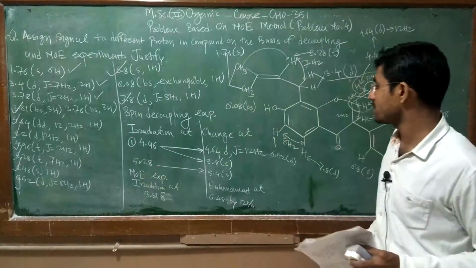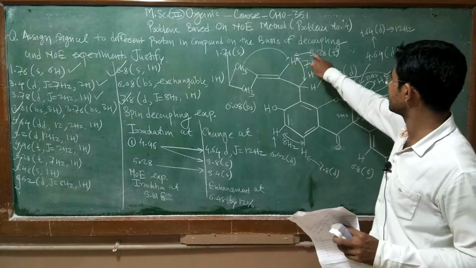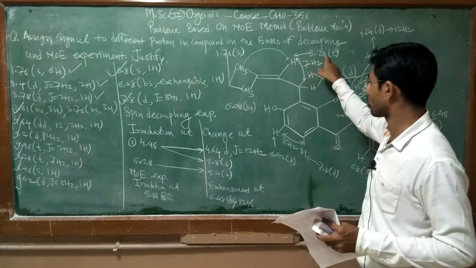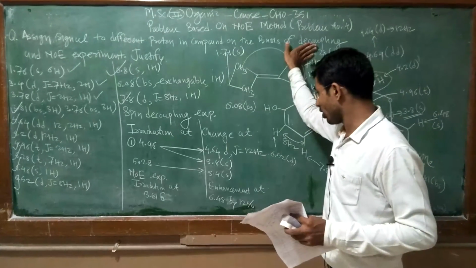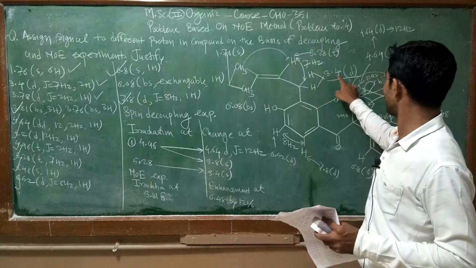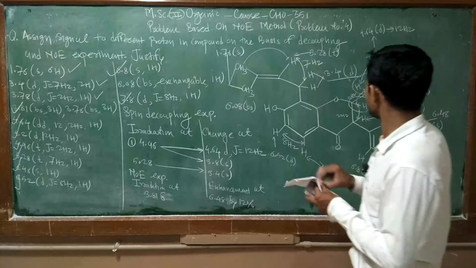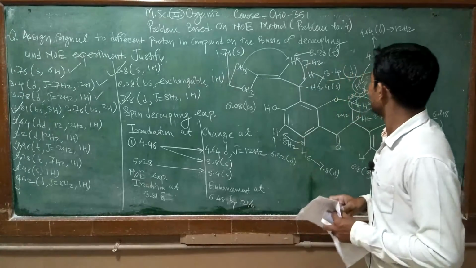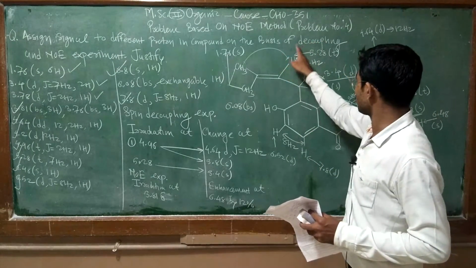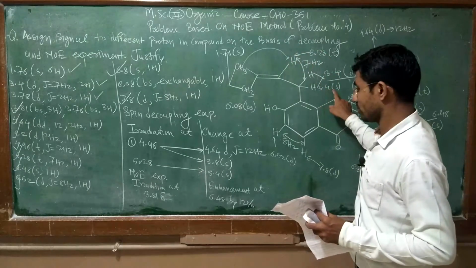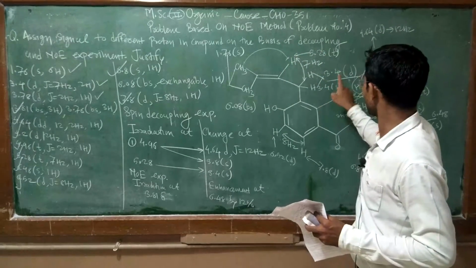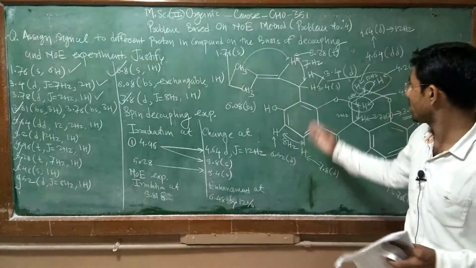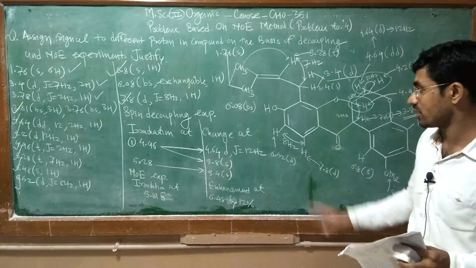Now 5.28: if you irradiate the alkene proton, that is the 5.28 proton, then obviously the 3.4 doublet changes into a 3.4 singlet. If you irradiate this proton, the signal of the proton at 3.4 that showed a doublet changes into a singlet. So in this way we can check that our assignment of signals is correct.